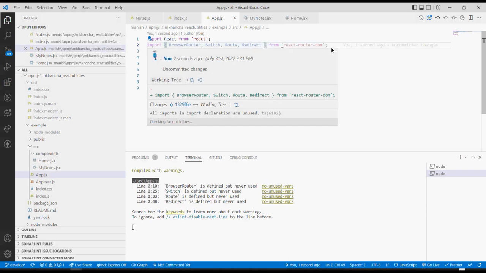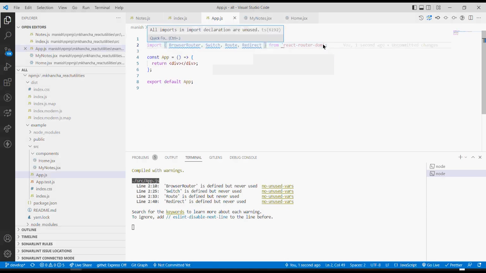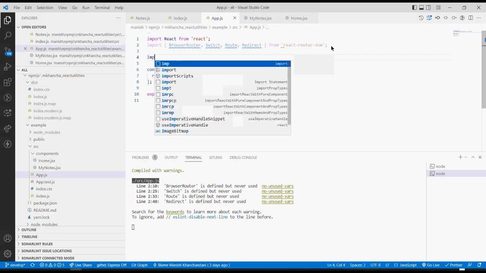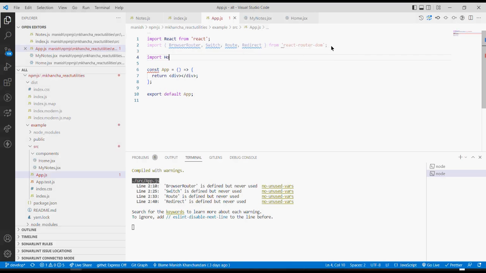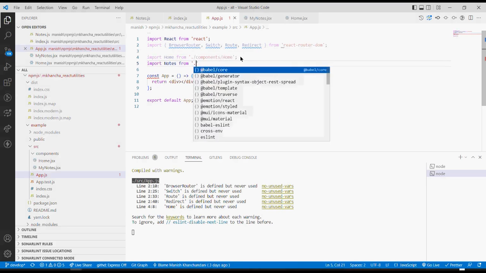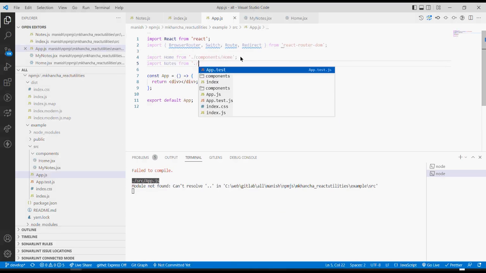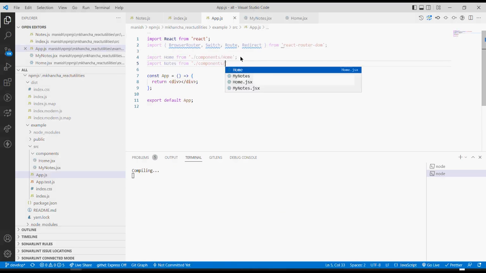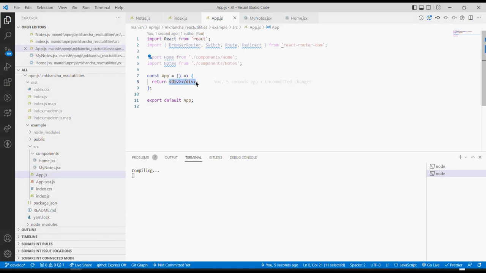So I'll import this stuff from React Router DOM, and then I'll also import the components: Home from components home, and another one, Notes from components notes, and then here I have to start with the